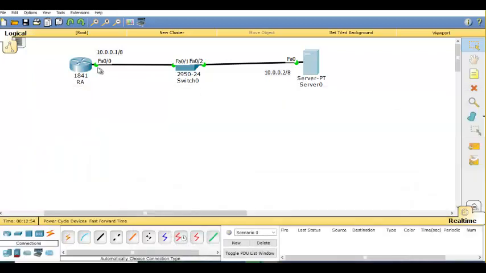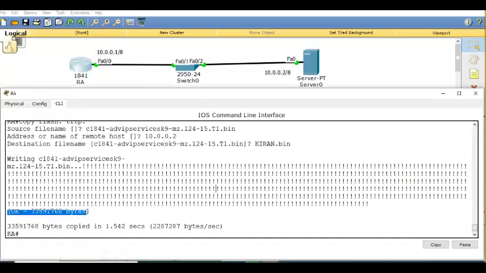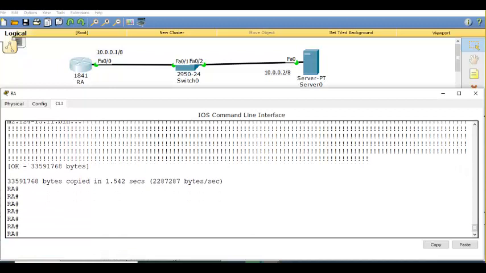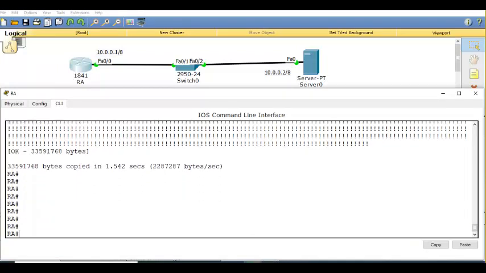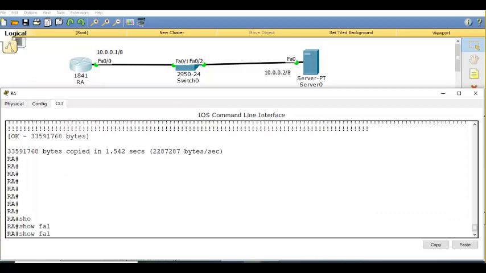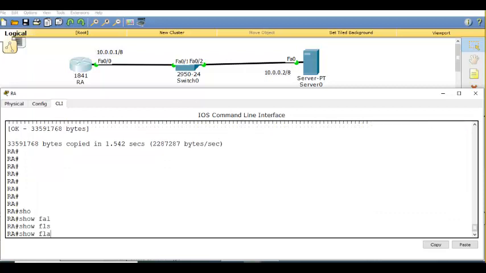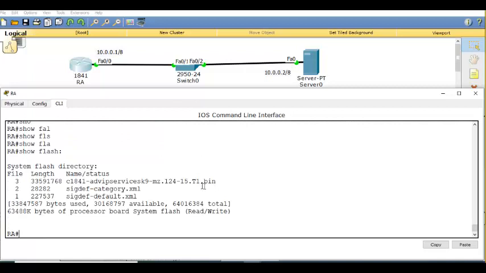Now, let us delete the operating system in the router. Are you ready? Shall we delete? Yes, sir. From where should I delete the operating system? Router. I know. In router, from where should I delete? Flash memory. Yes.